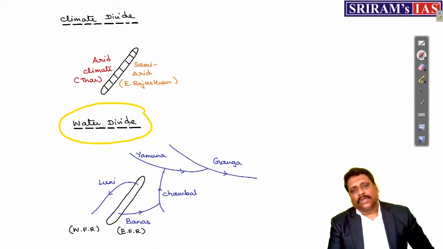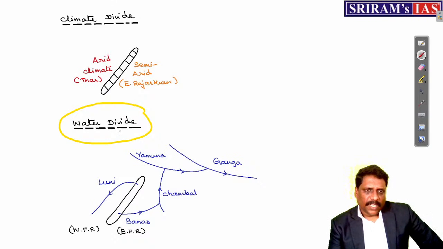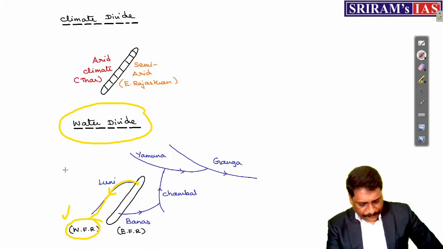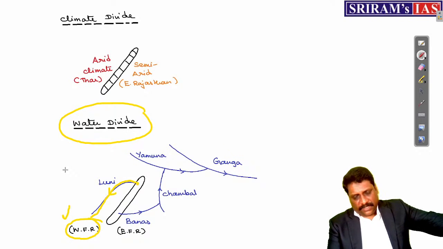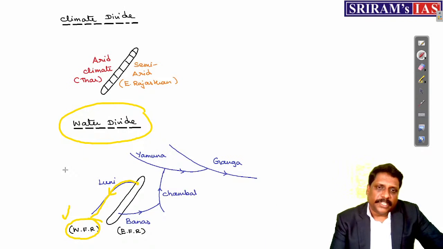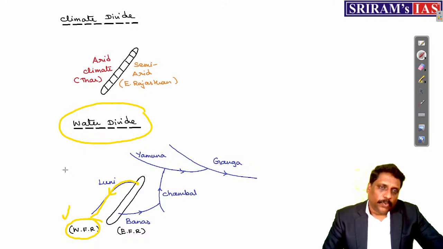Why do I call it a water divide? Because one river originates from the western wall of Aravalli. Very popular river. This river, you call them as what? River Luni. This Luni is more like a west flowing river. See, what is a west flowing and east flowing river? Not necessarily that they should be flowing in the west, not necessarily that they should be flowing in the east. See, larger direction in west and east, that is okay. Why I am saying this statement, I'll tell you.